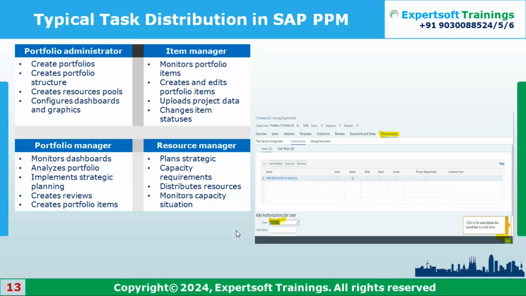They're going to put all the project level data, and if they're going to change anything, statuses and all, those kinds of things they can do. Apart from this, there is a resource manager or RM teams. Based on the portfolio administrator or maybe item level manager, or maybe portfolio level managers, whatever